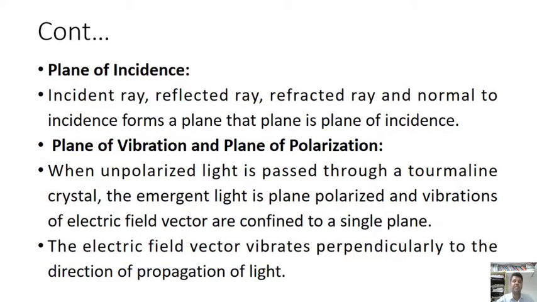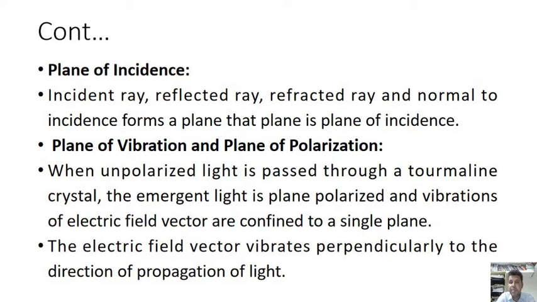So plane of incidence: incident ray, reflected ray, refracted ray and normal. The plane formed by the incident ray and the normal is the plane of incidence. Then plane of vibration and plane of polarization. When unpolarized light is passed through a tourmaline crystal,